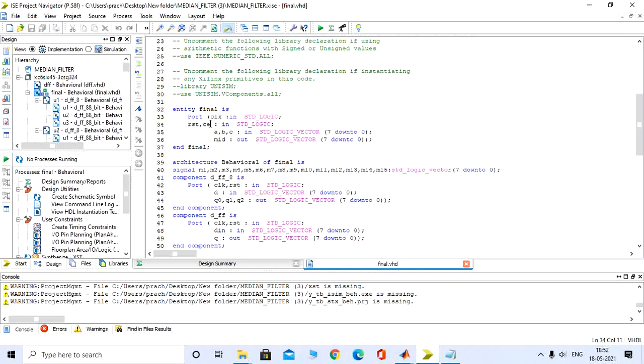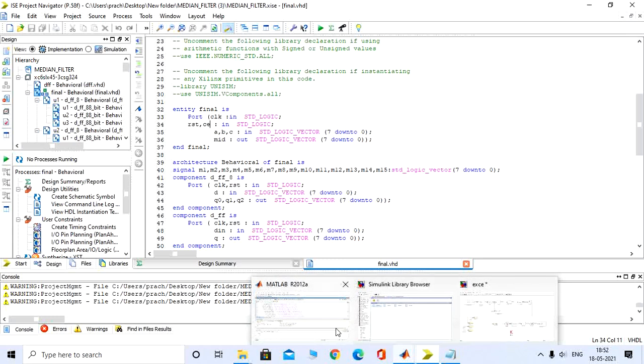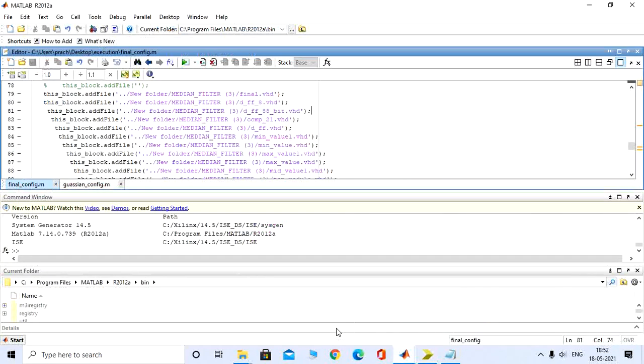Now this CE is the clock enable pin. You just have to type CE as your input logic, and then save it. So this is the only change you need to do in your HDL code. Now you need to go to MATLAB. In MATLAB, you have to go to this